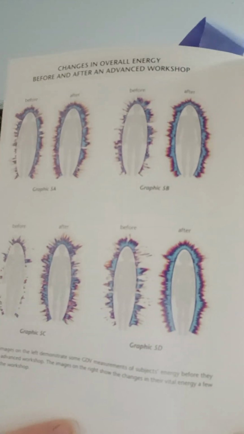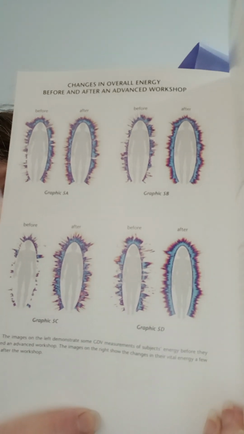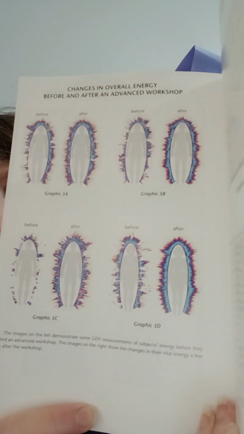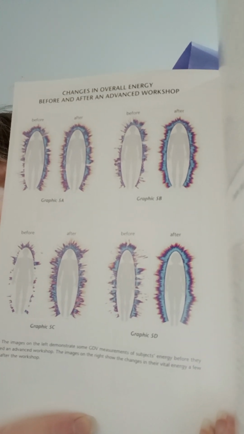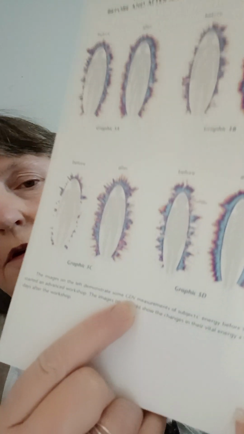Never knew that, but here's a picture. Well, here's several pictures. These are pictures before and after of 4 different people's electromagnetic fields or auras. And right here, cannot get the phone to zoom in on it, but GDV is actually the scientific name of the process of taking these pictures. Gas discharge visualization. I think they named it before they knew what it was. They didn't realize it involved energy.